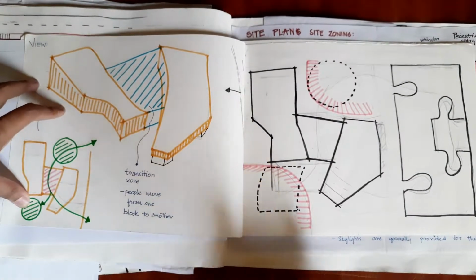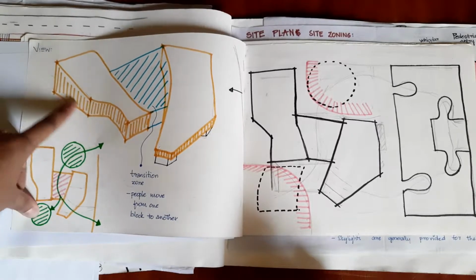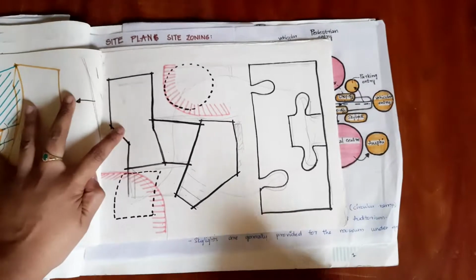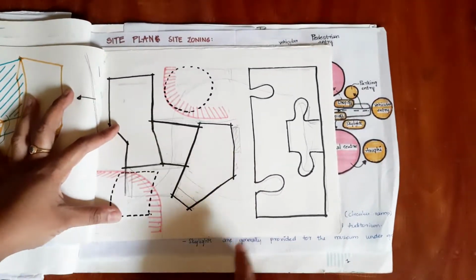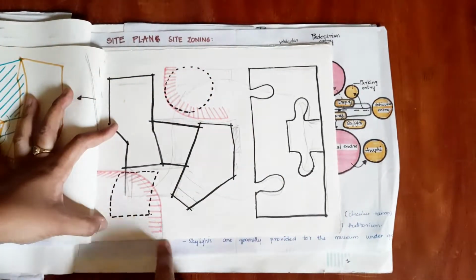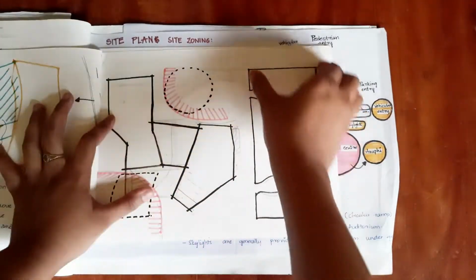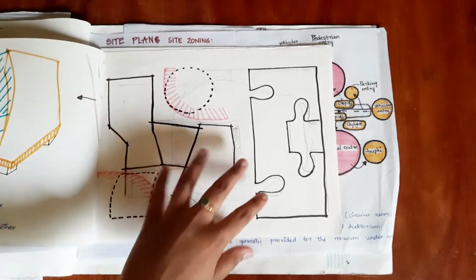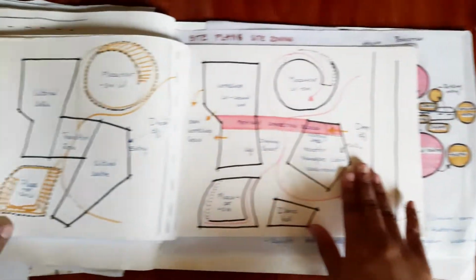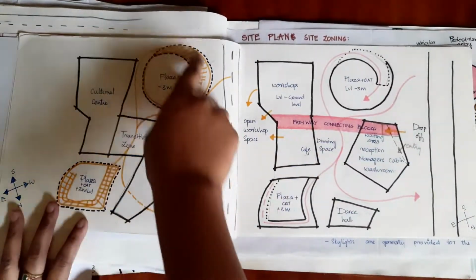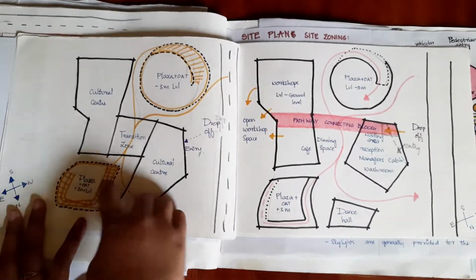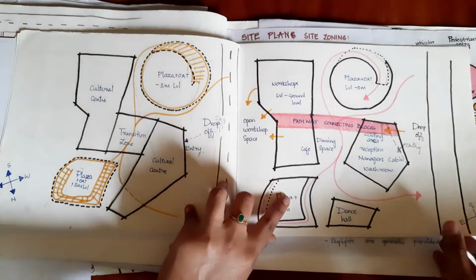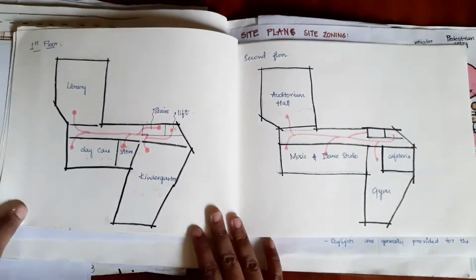So this is the first form development which I've done. These are the sketches of the cultural center which I've thought about. I thought of giving a common space on either side and connecting two blocks together. So that's my mall and the museums and then the cultural center. I thought in that way. And then I detailed out each space, which is plazas and the central transition space and all, and the circulation arrows, how it works.